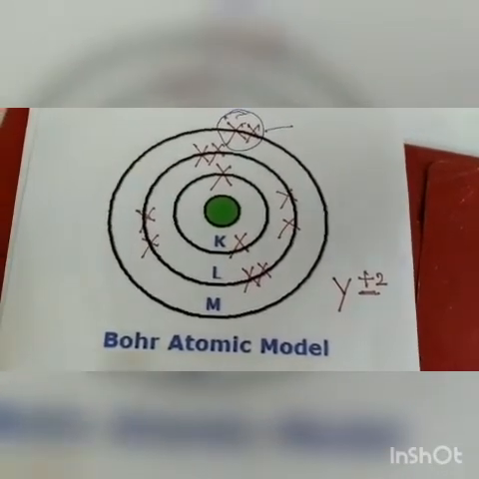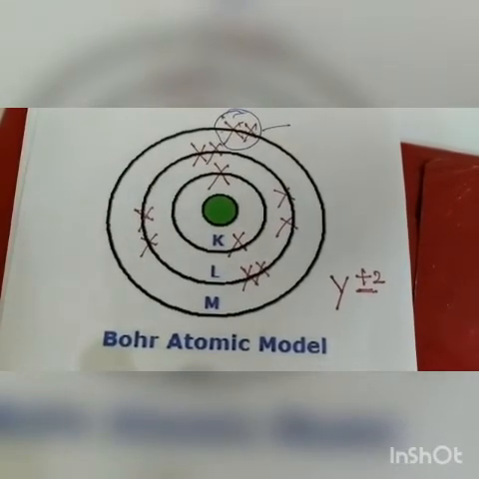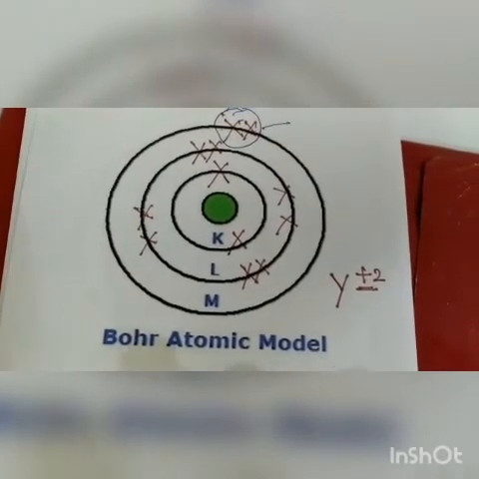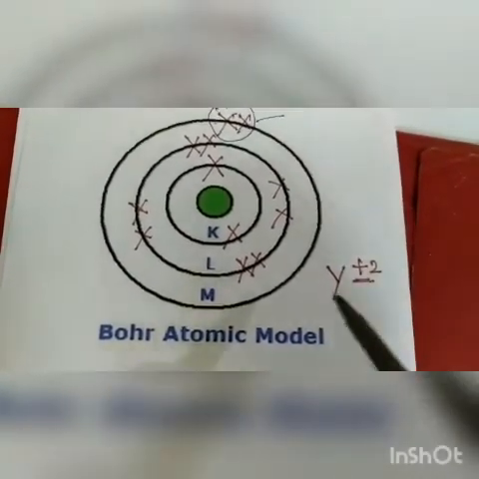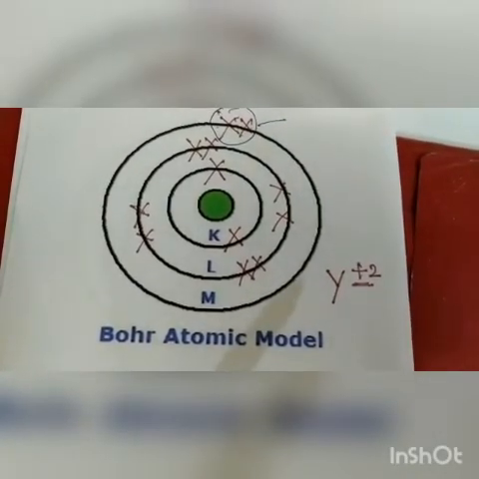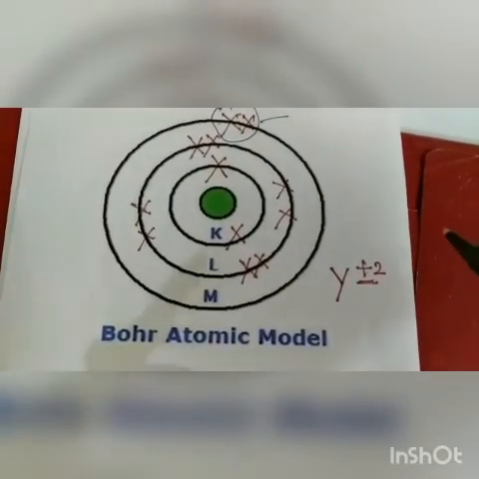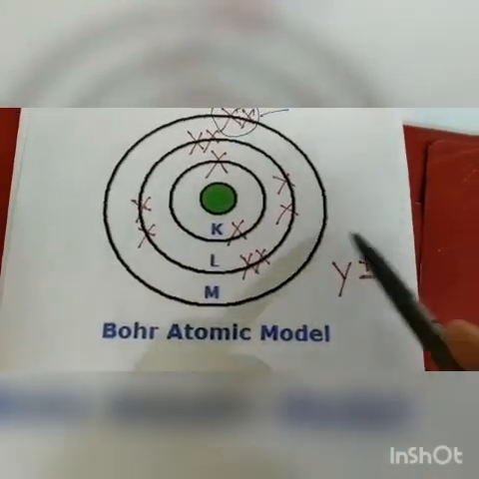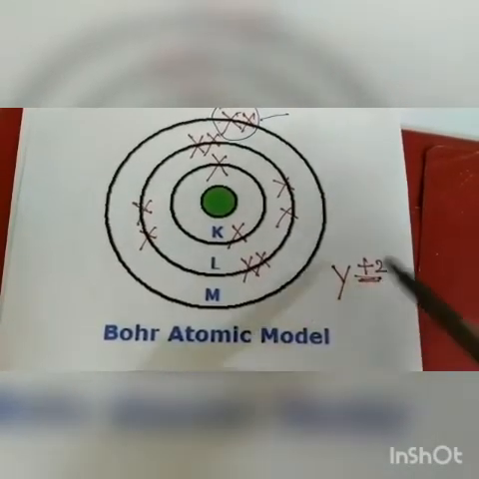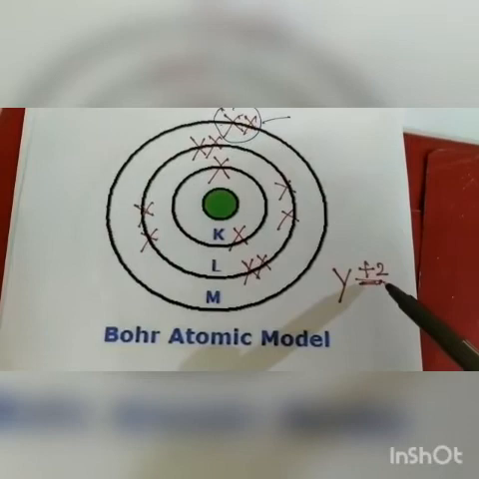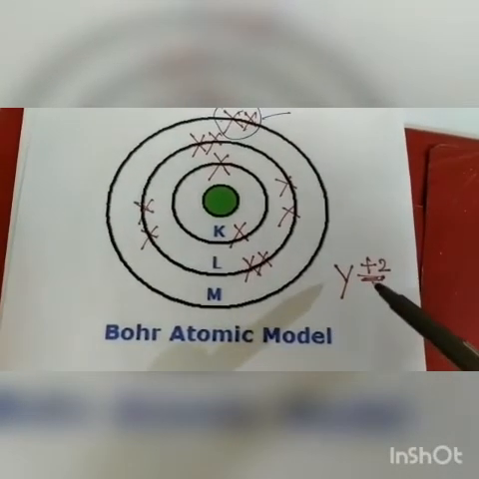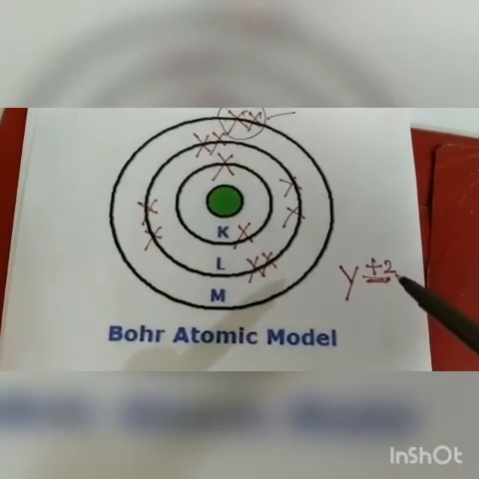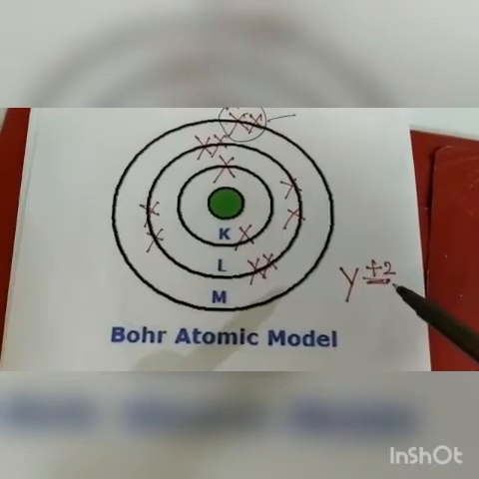If electrons are lost, then the atom will become positively charged, a positive ion. If 1 electron is lost, then it will be plus 1. If 2, it will be plus 2, as you can see here. If 3 electrons are lost, it is plus 3. So the valency is the number of electrons gained, lost or shared. So here 2 electrons are lost, so the valency is plus 2. If 3 electrons are lost, the valency will be plus 3. And if 3 electrons are gained, the valency will be minus 3. Now about sharing of electrons, that you will study in class 10.